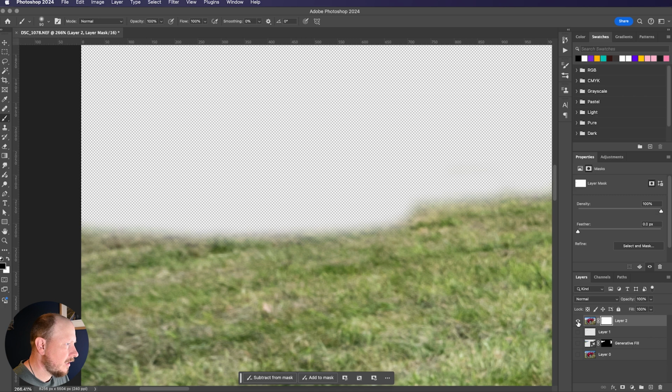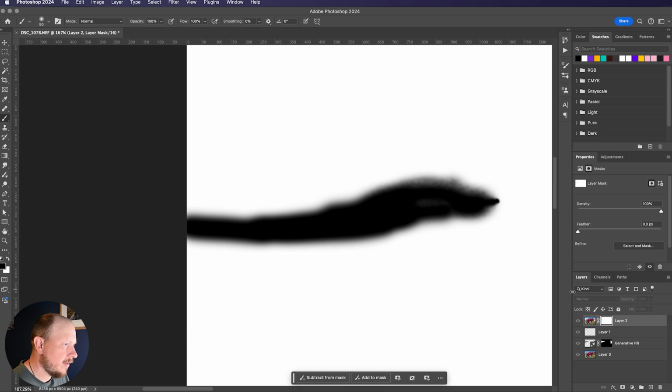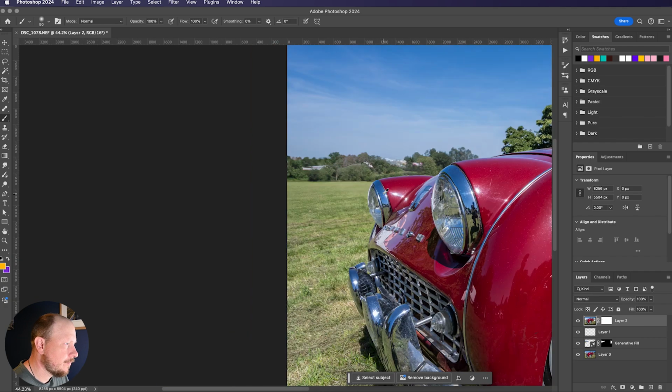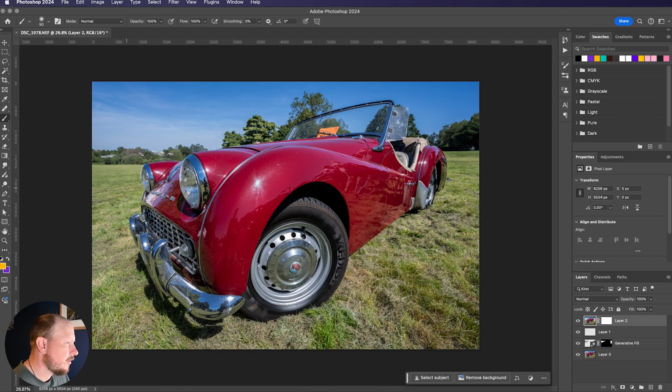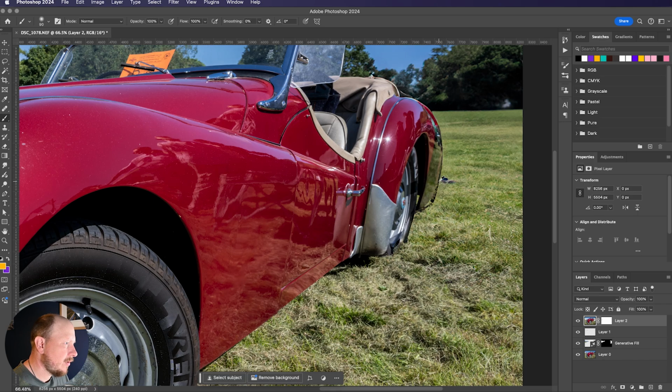So if I just isolate that layer, you can see what that's doing. It's just blending that edge out there. And you can see the mask there. That's what I'm doing. I'm painting onto that with a black colour. And wherever it's black, it's masking out that area from that layer. So that's sorted out that side. I would do the same down here,